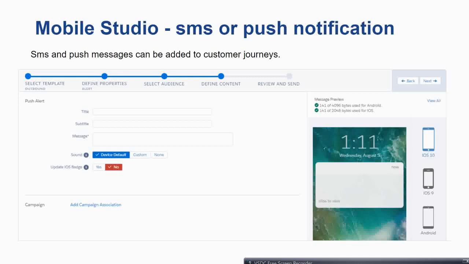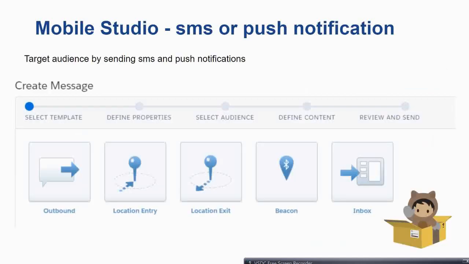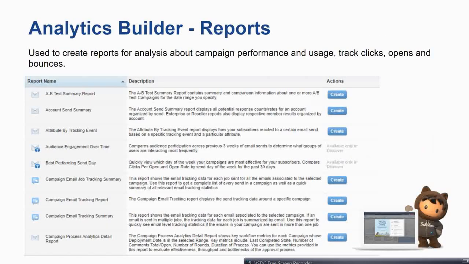Basically, just like email, it's a platform and an environment where you can write the title, the subtitle and the message, and once it's done you can send it through journeys, automation or whatever you like. Or you can just send it directly, even that could be done. So this is a brief overview of push notification and SMS in Mobile Studio. And now let's go to reports.